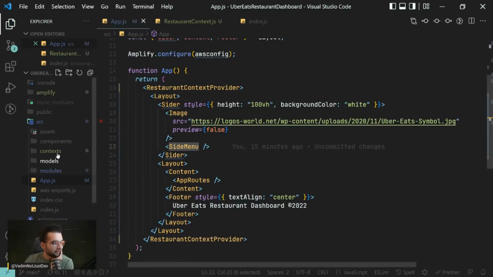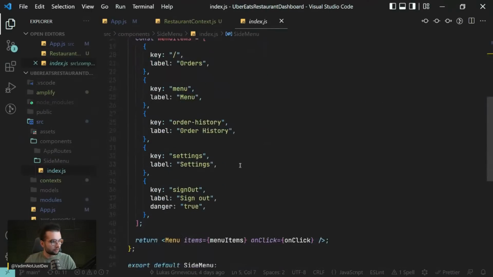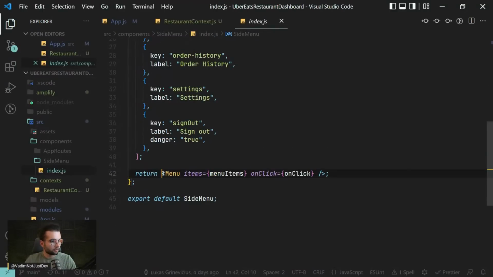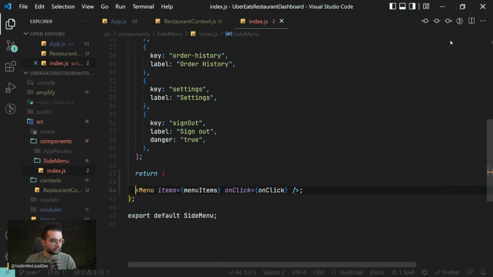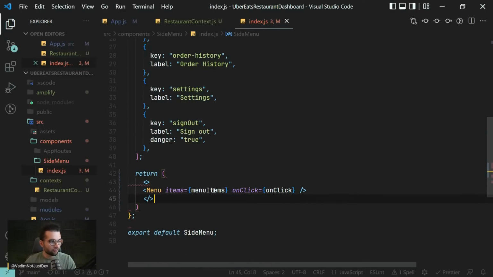No, actually, let's put it in the side menu. It's better there. Yep. In the return, let's go ahead and put them inside a fragment,